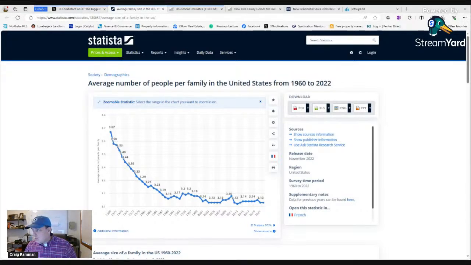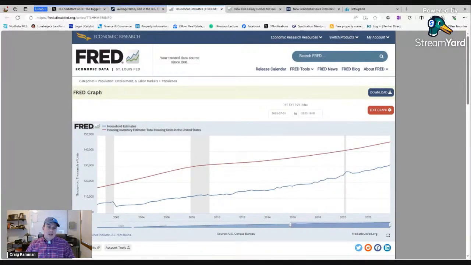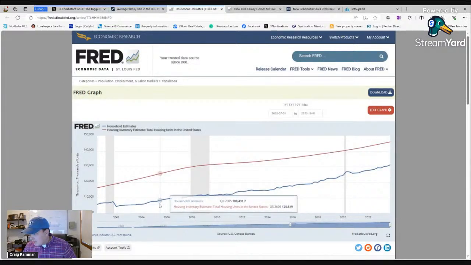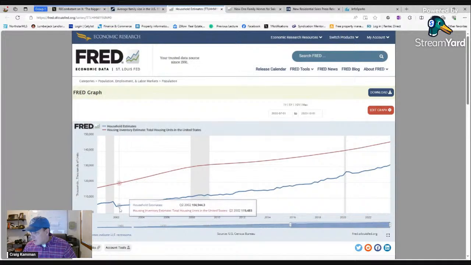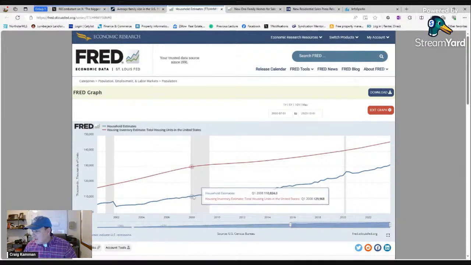But let's go into this a little more. If I pull the data that they're claiming they had on that chart from FRED, the St. Louis Federal Reserve database, the blue line here is the household estimates. So if we go back to about 2002, we have 104,420 households with inventory of about 119,000. And then we're going to see during that housing crash, that spread grew. We had almost 112 households and about